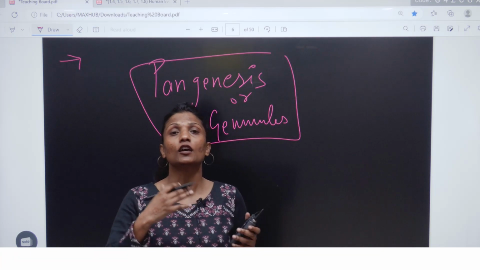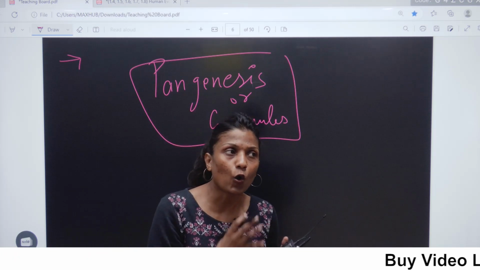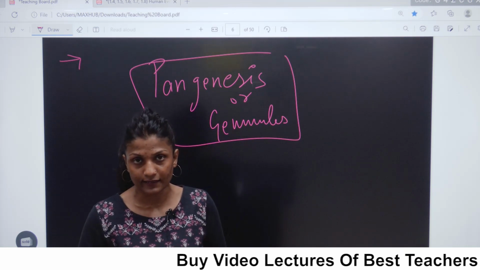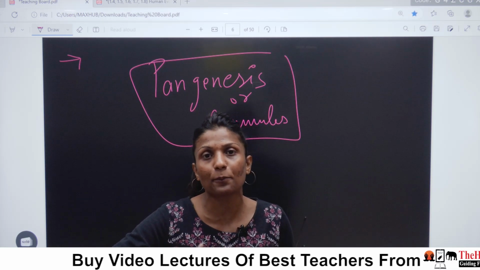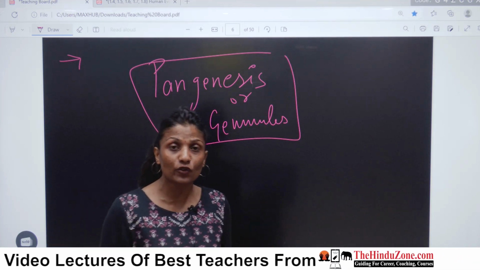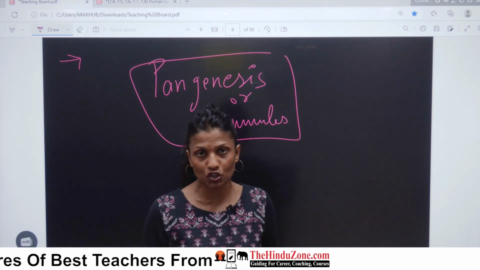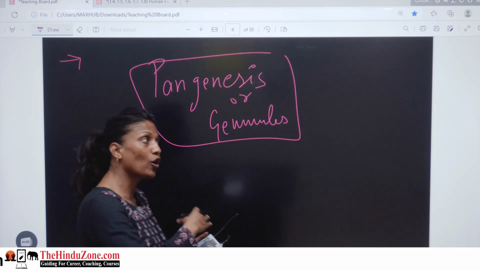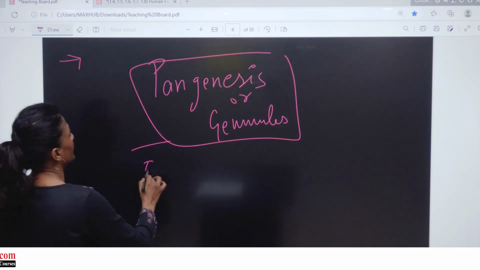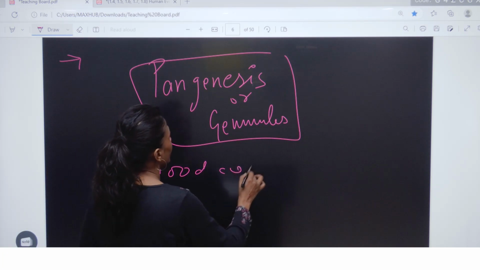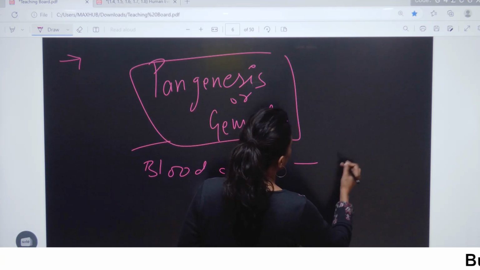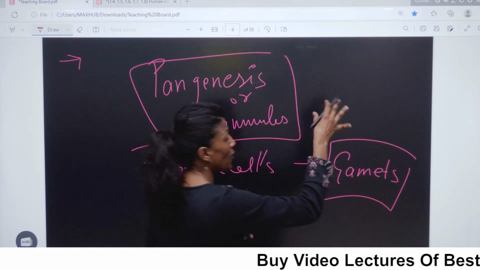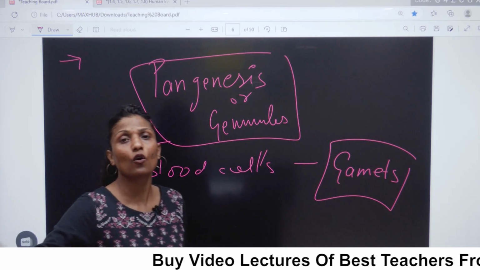And through blood circulation, all this information gets stored into our gamete cells. So when mating happens between male and female, they fuse, and only then do we get this information. So he simply explained that all the information we have is already there in our blood cells, and through blood cells it gets into our germ cells or gametes, and then from our sex cells it transfers to our offspring.